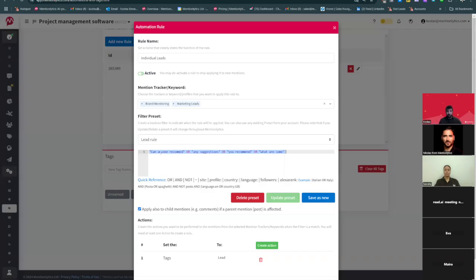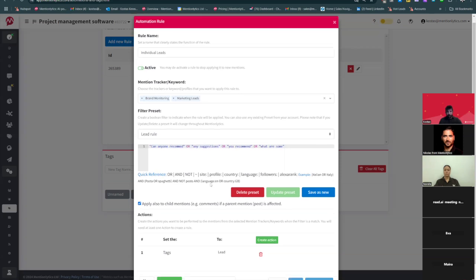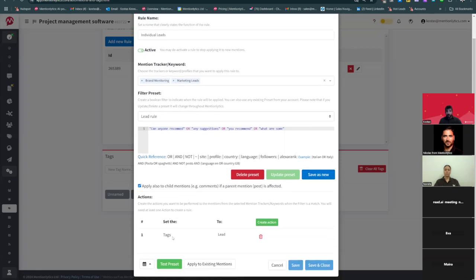Every time something like this pops up, for example, "can anyone recommend any suggestions?" or "what are some people in general trying to find" discussions, I can make this as long as I want. Every time this pops up together with the keywords I have inserted, everything goes under the tag that I have created called lead.